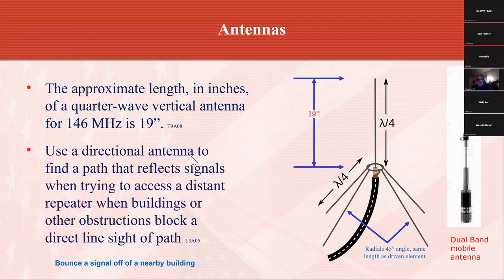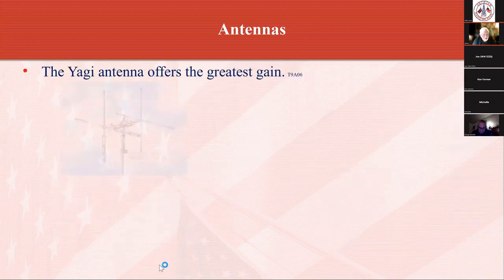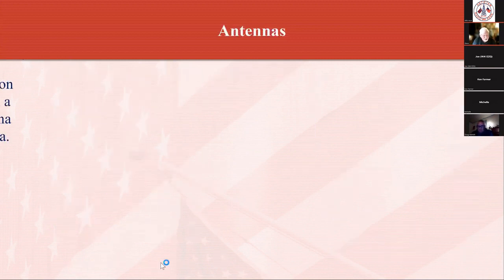You shoot it off the side rail to bounce around it. That's exactly what you do here. You can use a directional antenna to find a path that reflects signals off of something when you're trying to get to a distant repeater, but your path is blocked by buildings or obstructions. So you bounce a signal